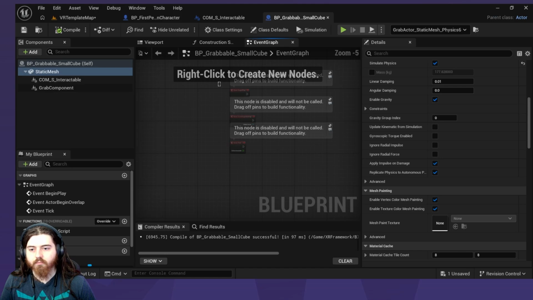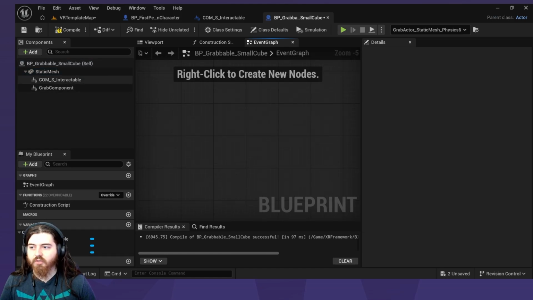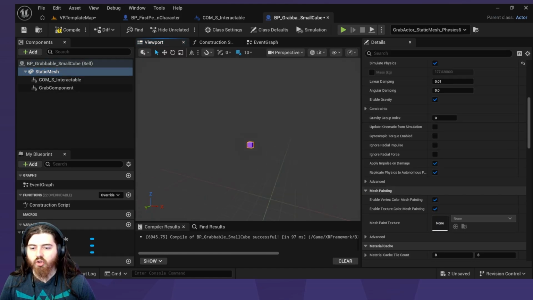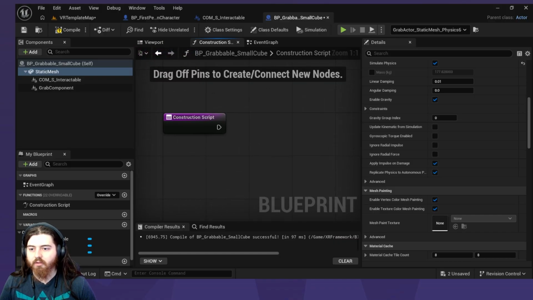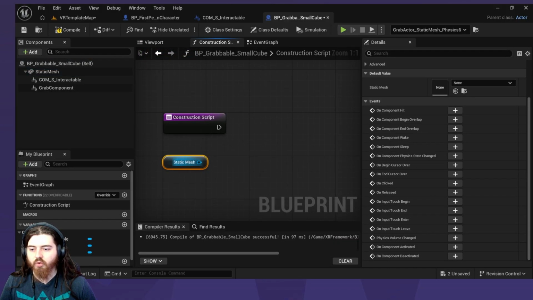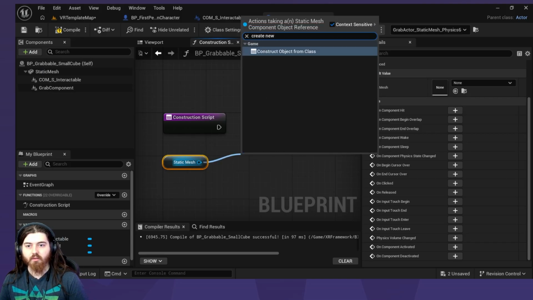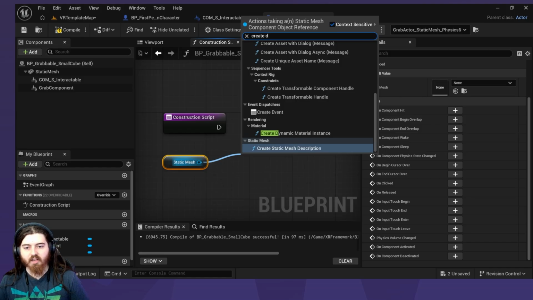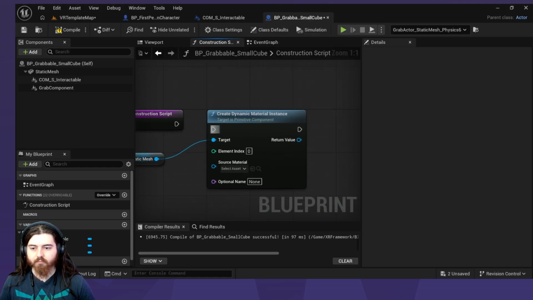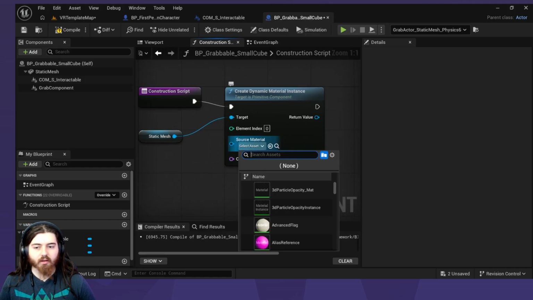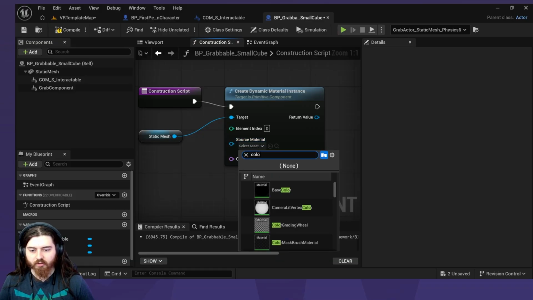So let's go ahead and make it very simple so that the cube gets set to a random color when we click it. So in our construction script, we are going to drag out our static mesh, and we are going to create dynamic material instance. And I'm going to set this to, it's called the